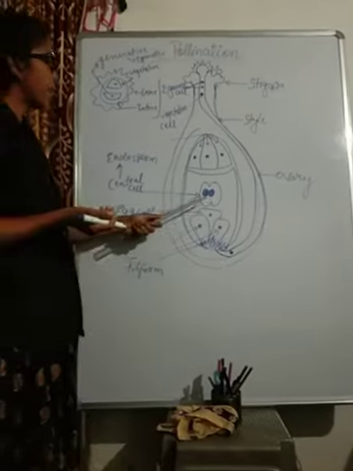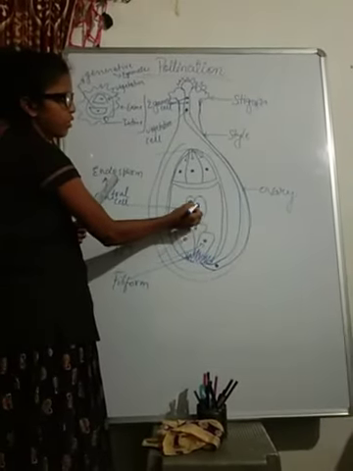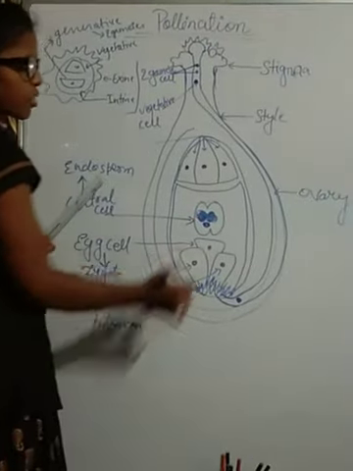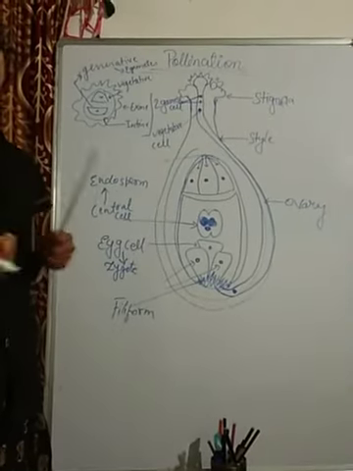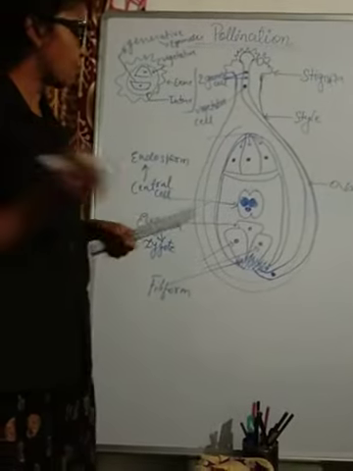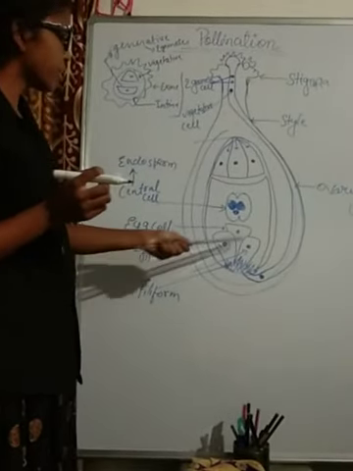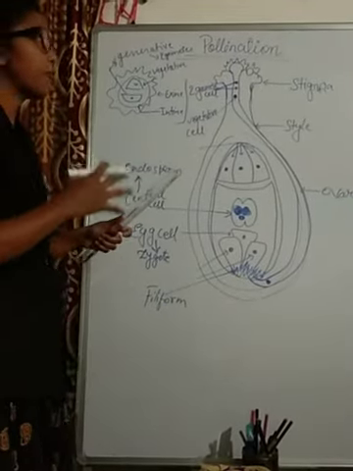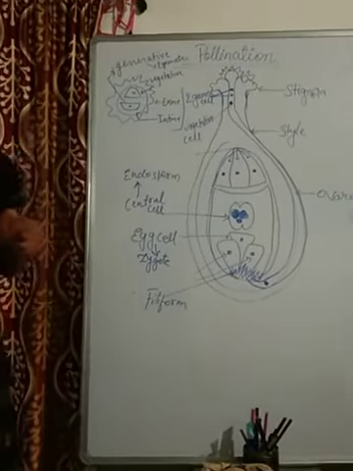And here, what will happen? Already two nuclei are here. So when the fusion takes place, it becomes a three-nucleated structure. This is known as the three-nucleated structure. And here the egg cell further forms the zygote. I will explain it to you stepwise, students. We will see it stepwise.